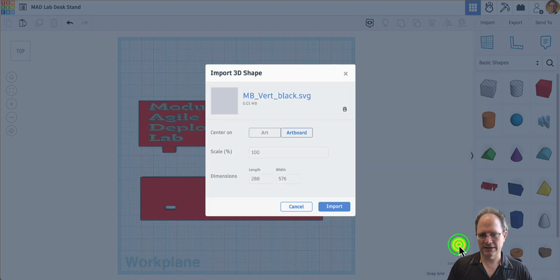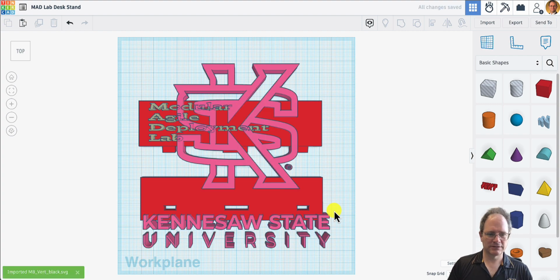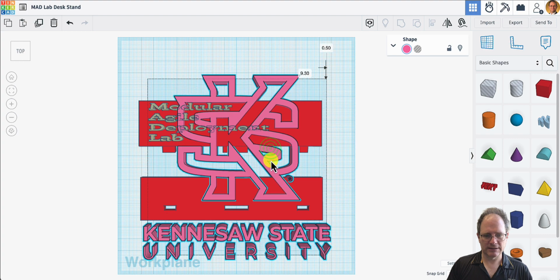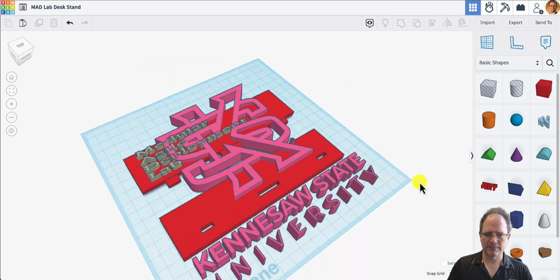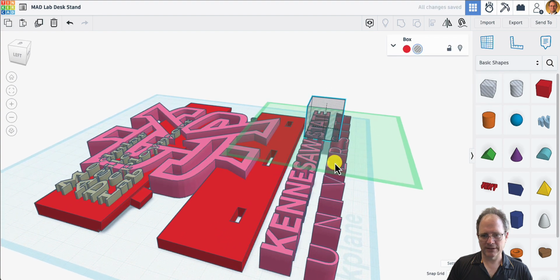So I'll go ahead and open it this way. Let's import it, see if that'll work. If I'm happy with it, good. If not, well, we'll have to fix it. Okay, so it's huge. I only want the top part. I actually just want the image of the top, which means I need to cut off this bottom part. I can use a hole for that. So I can come down here,